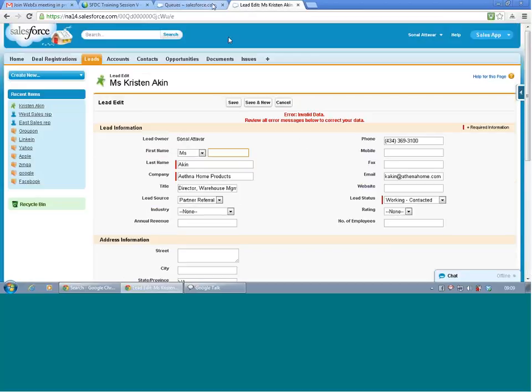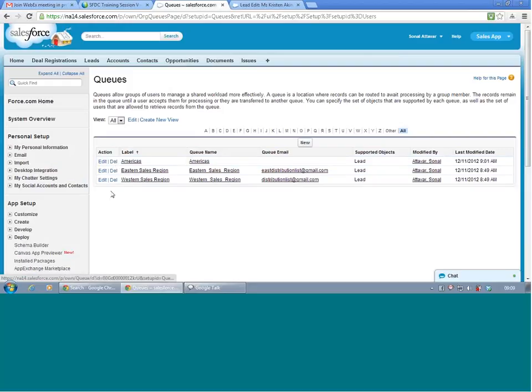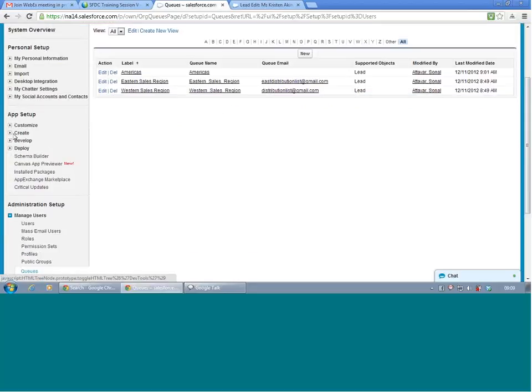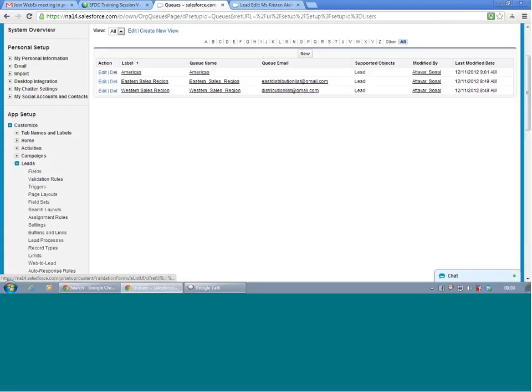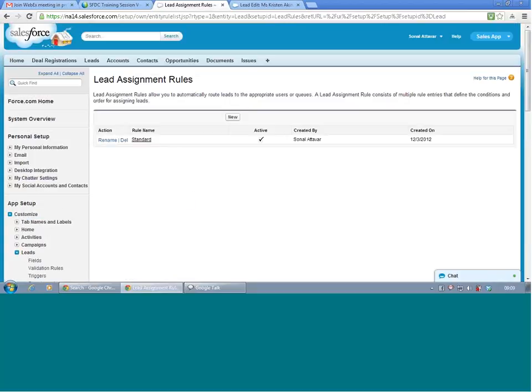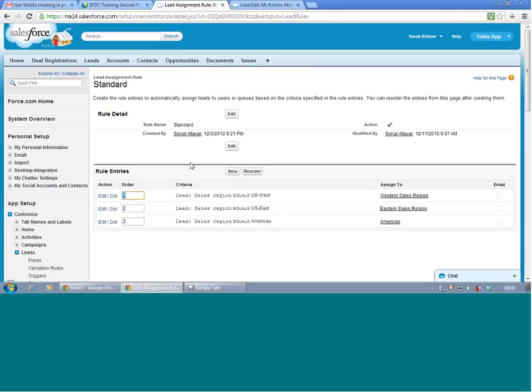Go to the rules, and this is the failed source product issue. Go to the rule assignment in lead assignment rules. Can you edit and make it inactive?